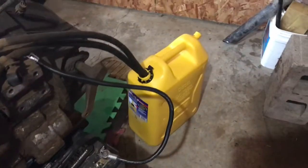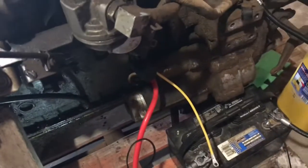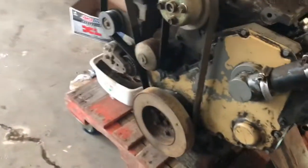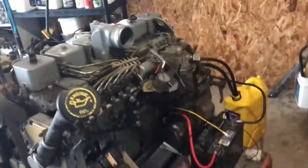She's got oil. I got the lines running into a tank there, feed and return. I primed it with a little plunger. Hopefully good enough. I don't want to use any starting fluid or anything, because I really don't know what condition this motor's in internally, and I don't want to blow it up the first day. I better get this junk off. I got this piece of wood on standby to throw on the intake in case it runs away,